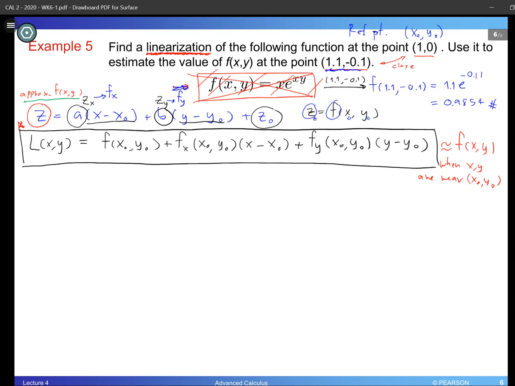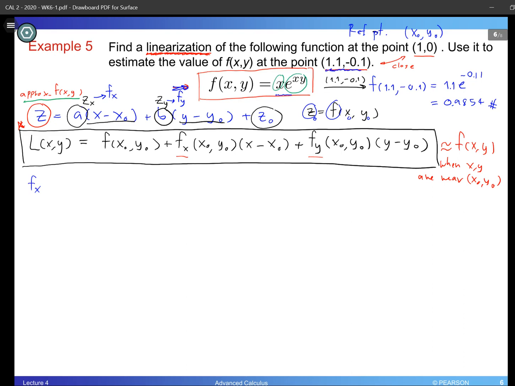Alright, now let's try to use this on this example. First of all, let me erase this because I am going to need that. It turns out that this time we have this formula available, so let's use them. Okay, so as you can see here, we are going to need f with respect to x, and f with respect to y, so let's find that. So first of all, let's find this f with respect to x. So we are supposed to diff this with respect to x, and as you can see here, we are looking at a product of two terms with x in it. Front term and the back term, both of them have x in it, so we are supposed to apply the